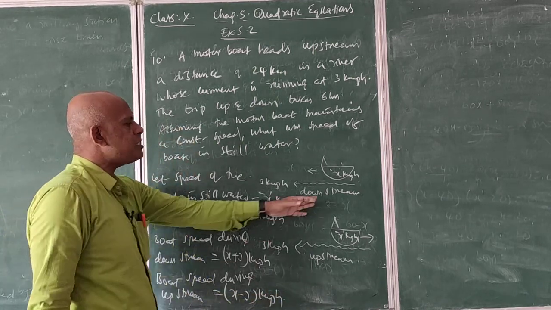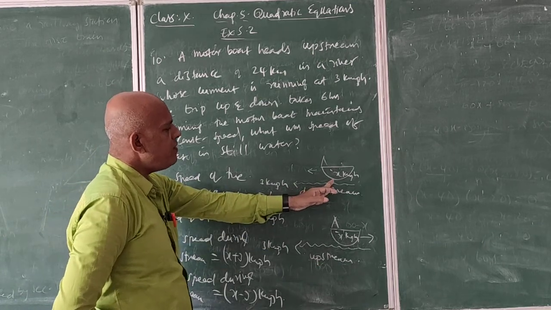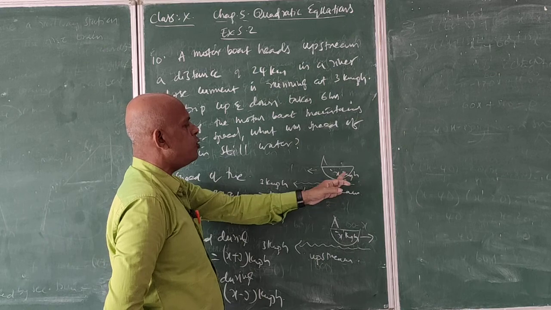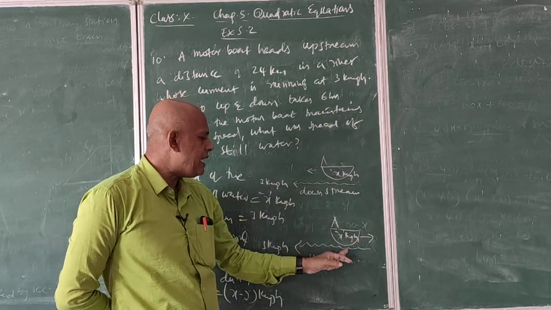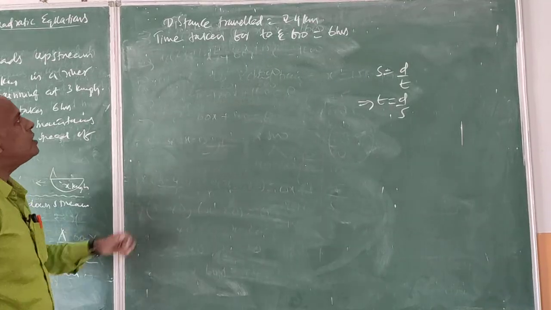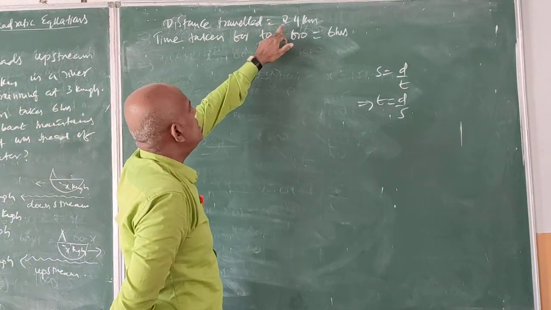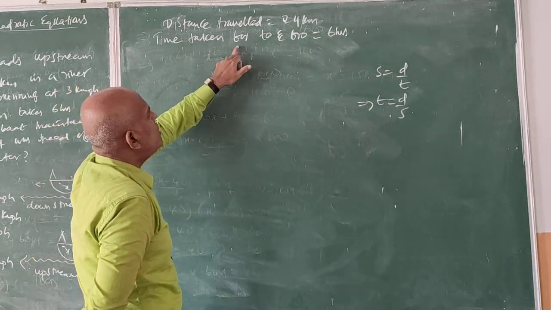Always we have to add the stream speed or subtract the stream speed. We add the stream speed when the boat is traveling in the same direction. If the boat is traveling in the opposite direction, the speed of the boat decreases with the speed of the flow of water. Okay, they have given the distance traveled is equal to 24 kilometers. Total time taken for going and coming is